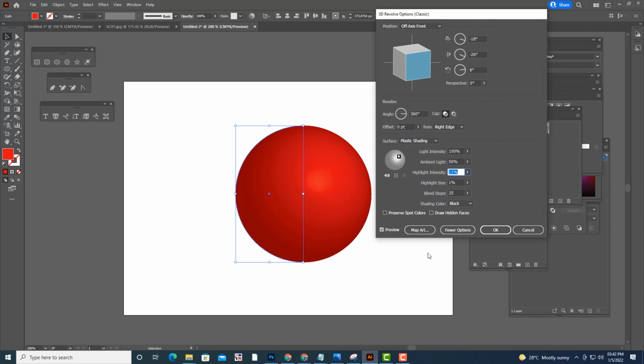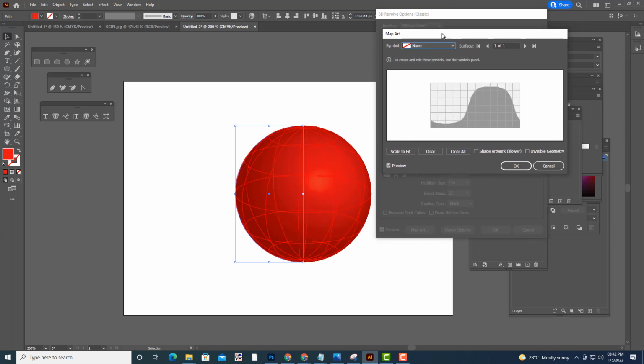So what I'll do now is select the map part. Okay, and then we will select the dots here. See, you can see the dots. So we'll increase the dots. And what I'll do is click on this invisible geometry.